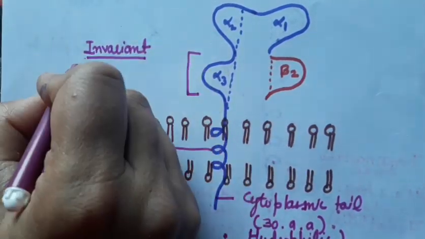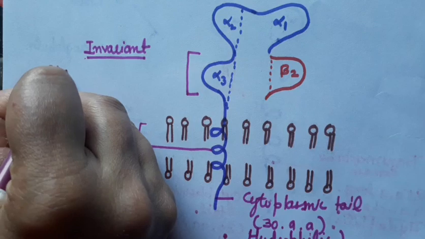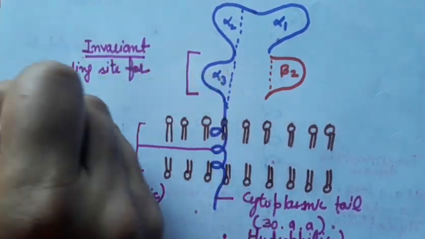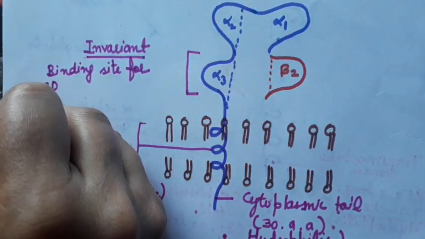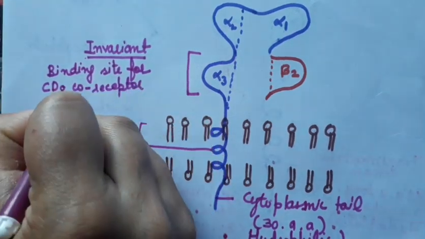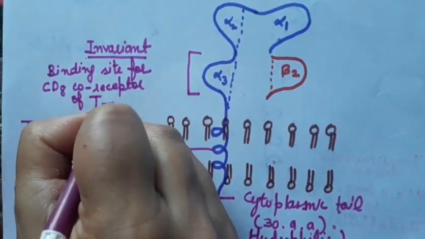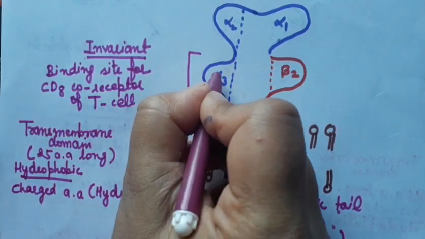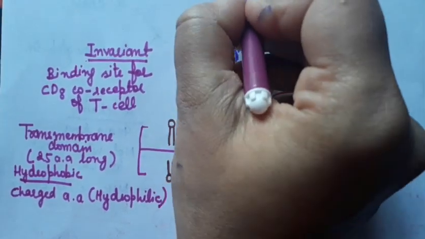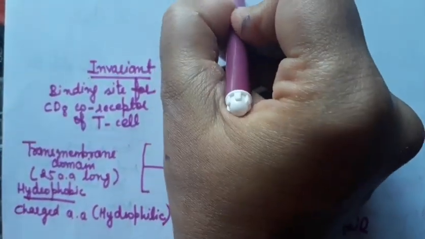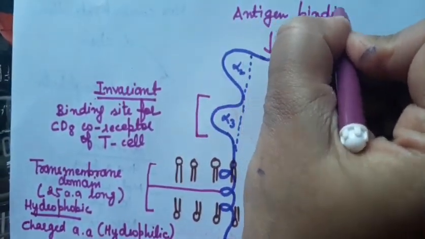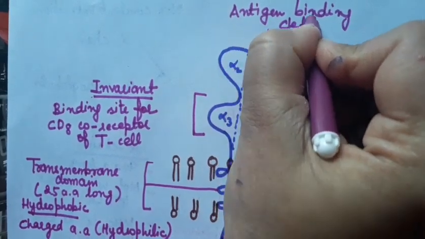Invariant means it is the binding site for the CD8 co-receptor of T cell. तो T सेल का जो CD8 को रिसेप्टर है वो यहाँ अल्फा 3 के साइड बाइंड करेगा, and this site is for the antigen binding and it is called as antigen binding cleft और antigen binding